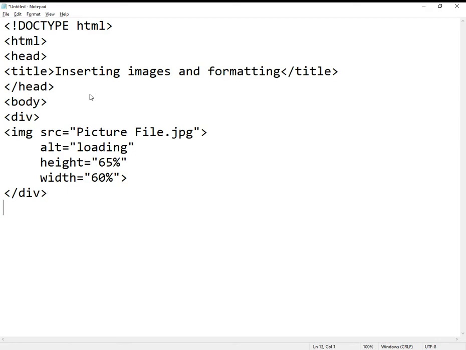So next, after the div, we'll come to the B tag. As I said, B tag stands for bold. Bold we'll write here, close the B, and then we'll come to I, italic, close the I, U, underline, close the U, and also